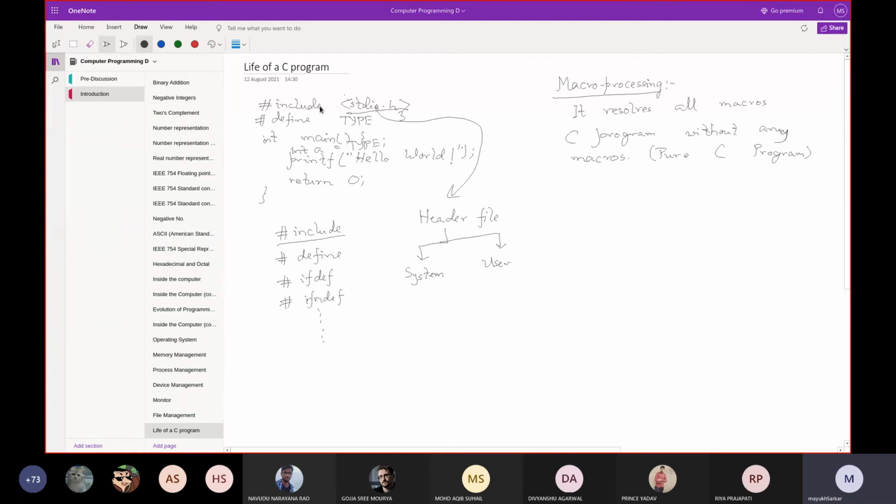Macros are only here to help the writing of the code. They are not part of C grammar. Eventually, the compiler underlying this does not process macros. It processes the pure C grammar.